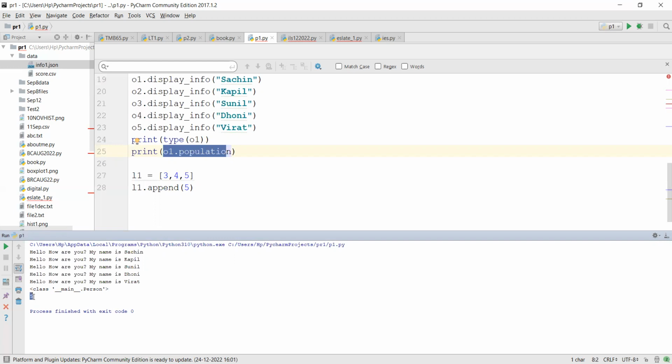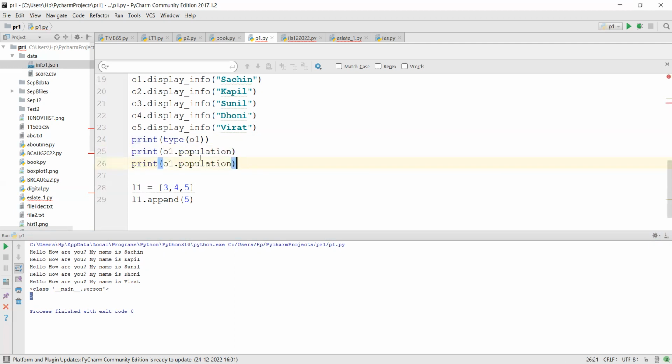So since it's a class level variable, whether you call O1 dot population or O5 dot population or person dot population, it's all the same. O3 dot population will also give us 5 because it's a class variable, so everybody will have the same answer to that. But if I say O1 dot